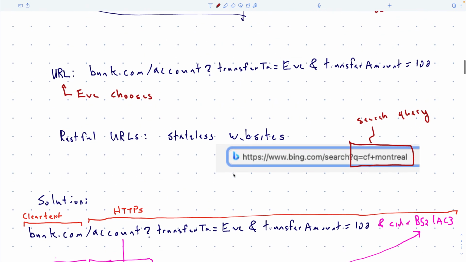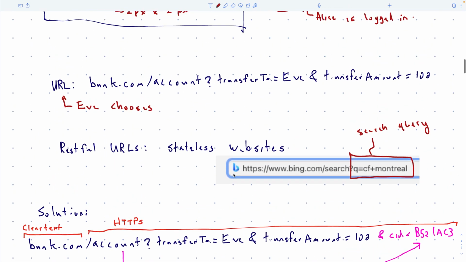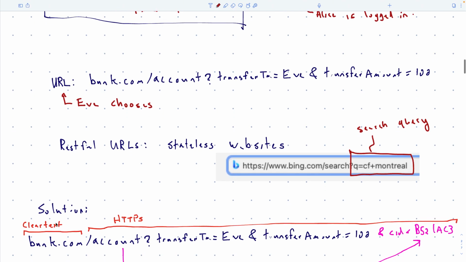Okay, so the solution will look kind of crazy at first, but we have to think through why it works. What the bank will do is they'll say, okay, we're going to use these RESTful URLs. We'll let you transfer money by putting it in the parameter, but what we want, at the end of the URL, is for you to repeat what your cookie value is.